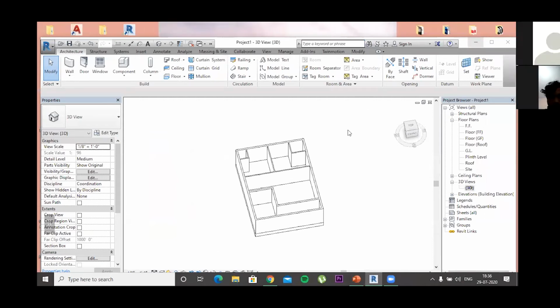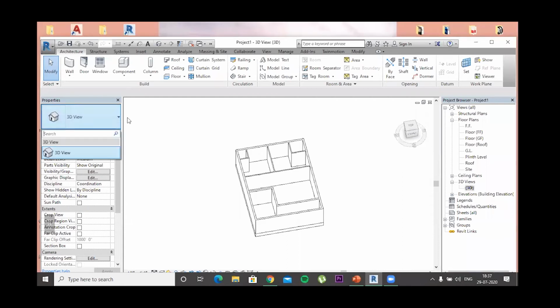Then the second doubt we have is, if all 4 walls are not of similar dimensions, then how will we be creating it? Then we will be creating different walls of different dimensions, just like we did right now. We have used 2 types of walls. One is of 8-inch thickness, one is of 4-inch thickness. We just have to create different walls with the properties which we want.